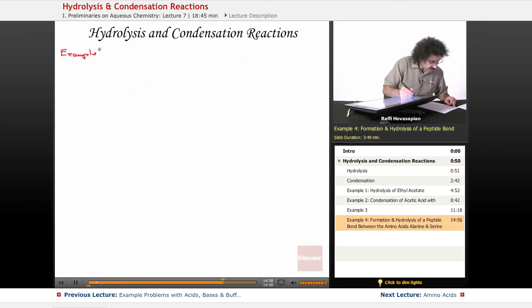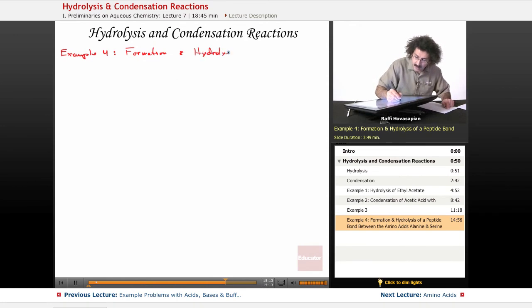We're going to do an example of the formation and hydrolysis of the peptide bond. So example number 4. Formation and hydrolysis. When we say formation and hydrolysis, we're talking about the condensation and hydrolysis of a peptide bond